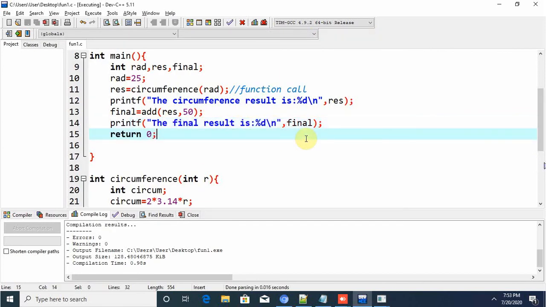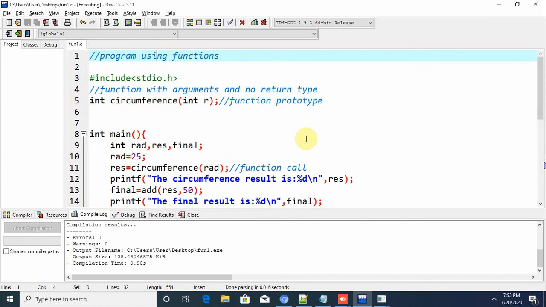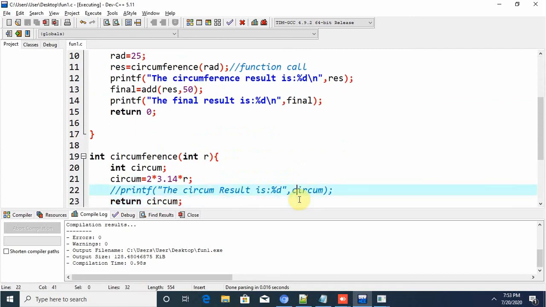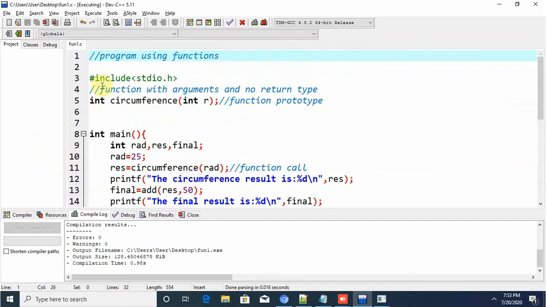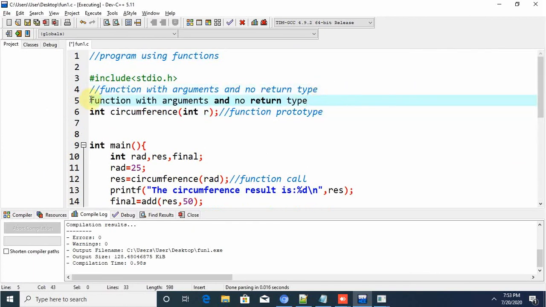Can you follow, Girish, this one? If you see some more programs now, definitely you will understand. And see here, this is the case with, initially I told you, with arguments and no return type. Now this concept what I have made is with arguments with return type, because I am using that also.